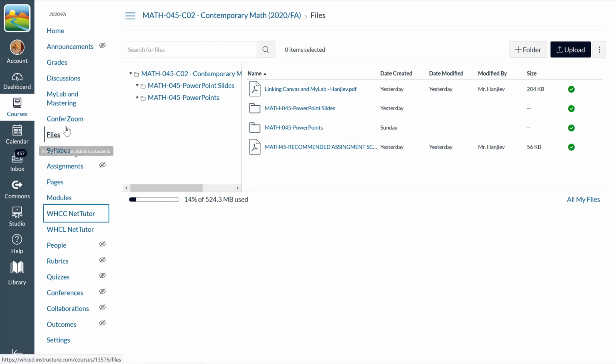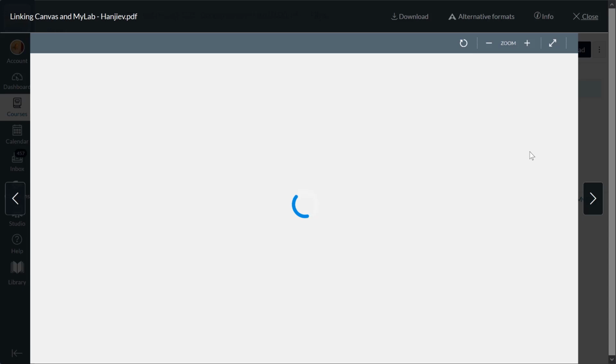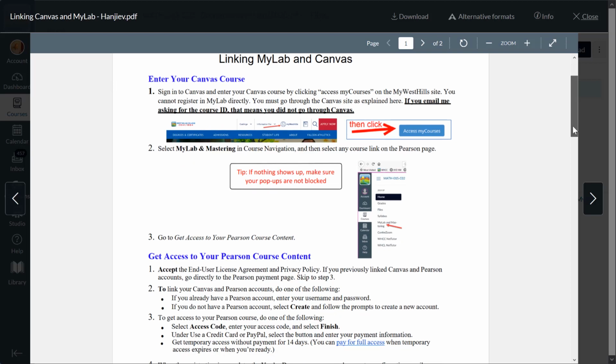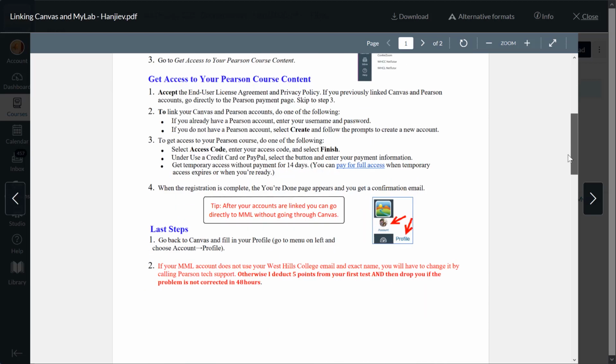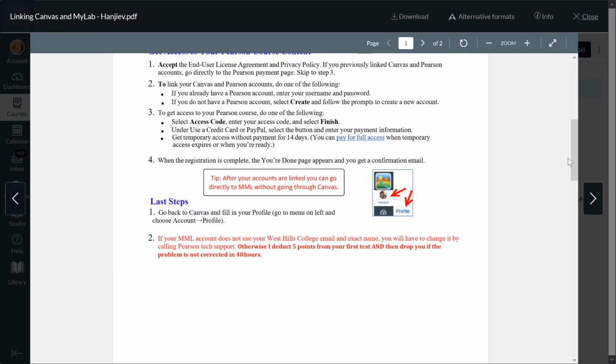Okay, let's go back up to here. So this is called the MyLab and Mastery site. You probably should download this as well. You'll learn how to use this. Learn how to set up the linkage here. So you are going to go to your Canvas site, content page, make sure you are there, and